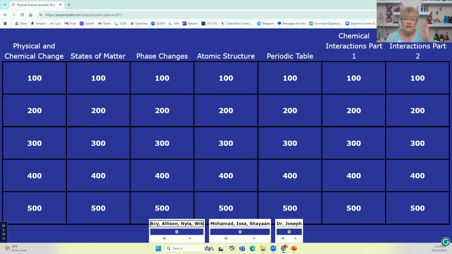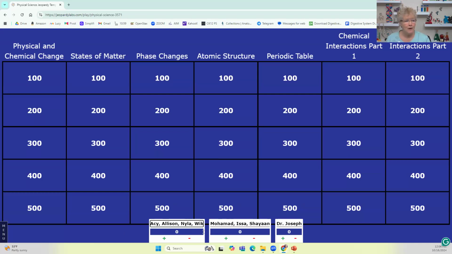All right. So you guys are going to take turns choosing a category and a point value, but anybody on your team can answer. So, for example, we'll start with AC. AC will pick whichever one of these AC wants, and then AC, Allison, Nyla, and Wick can all answer. We'll give the person who calls out the category the first shot at it. But AC could say, I would like my team to help. If you're just not quite sure of the answer, you want some validation from your team, you say, I would like my team to help. And then anybody on that team can answer. If nobody on that team can answer, then I get the points. If you can answer, then you get the points. Okay, you understand how to play now?